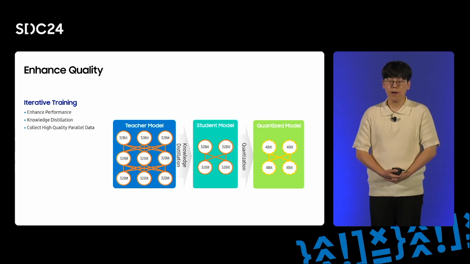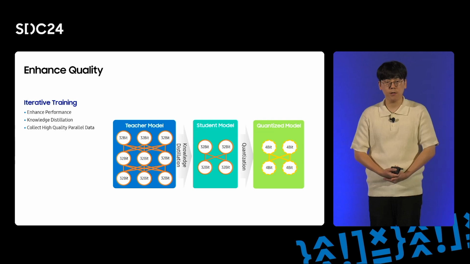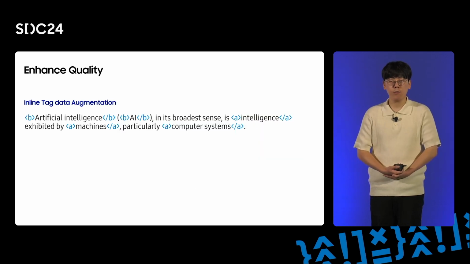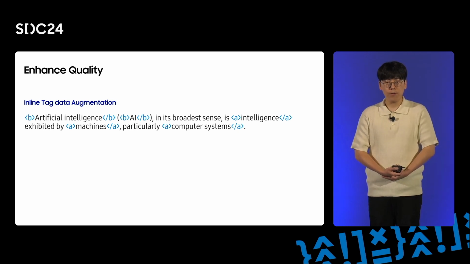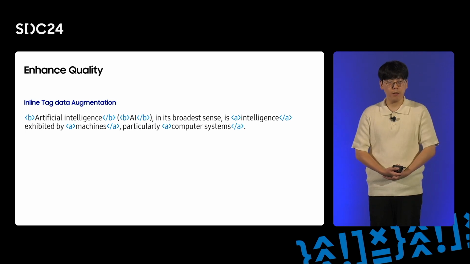So far, I have introduced our training, compression, and inference process. From now on, I will introduce how we solve the problems related to data. The web pages we see are not only made up of plain text. As you see in this example, there are tags in different places in the sentence, such as bolding style tags or hyperlink tags. The data we use for training is only made up of plain text, so we needed to make this type of data set.